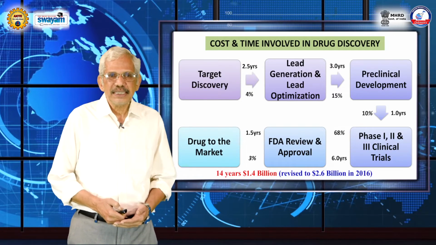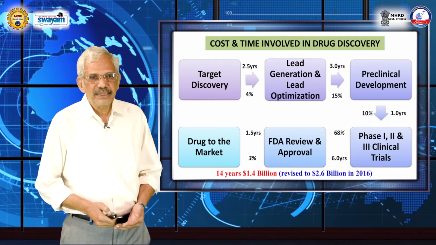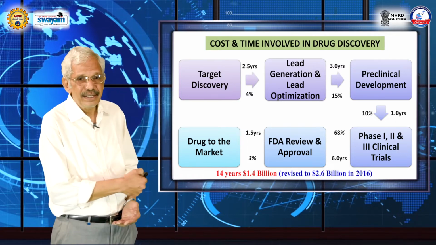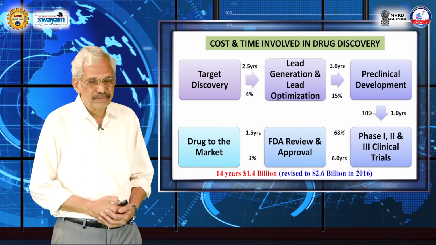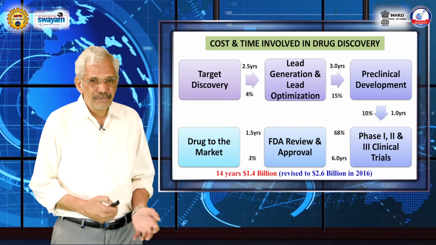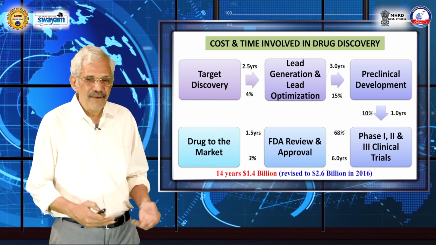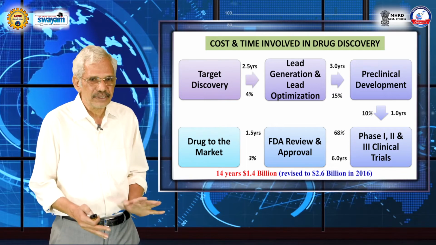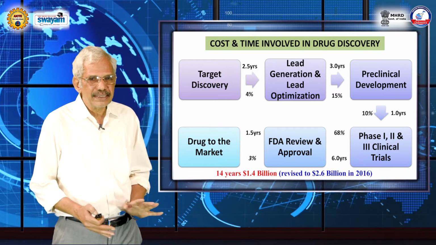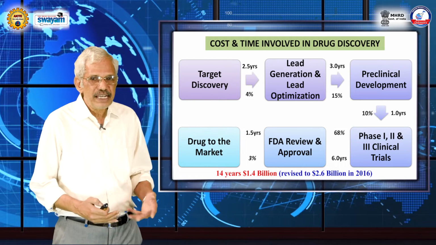Well, that's because drug discovery is expensive. On an average, it takes about 14 years and about $2.6 billion. So that's a lot of money. So most of the companies cannot afford this kind of money. This is not to say that every drug in the market takes 14 years and 2.6. These are average numbers. So it's expensive and it's time consuming, and there are not too many investors.